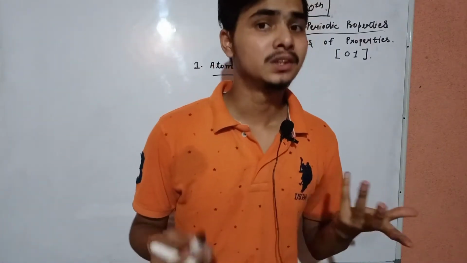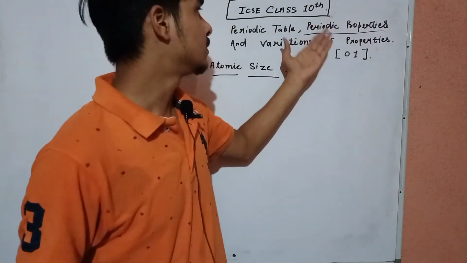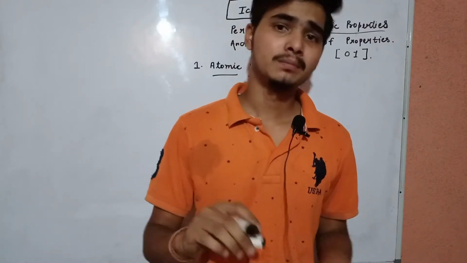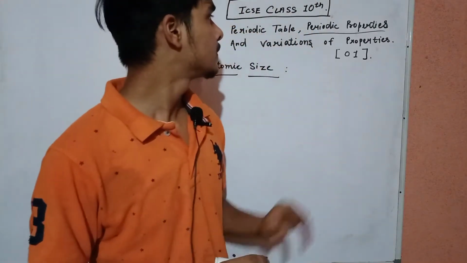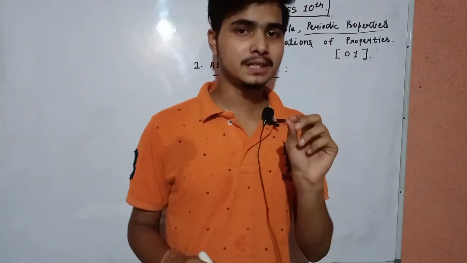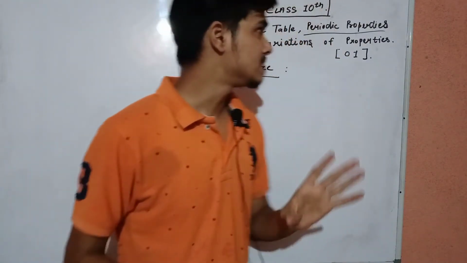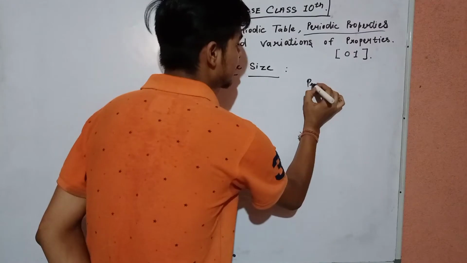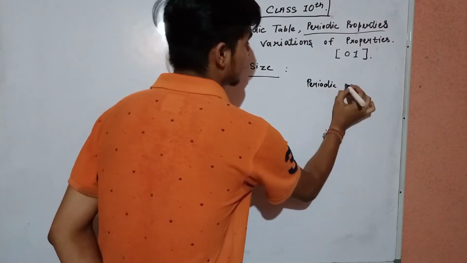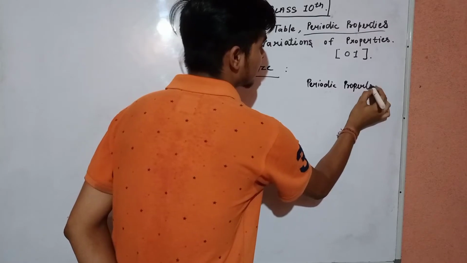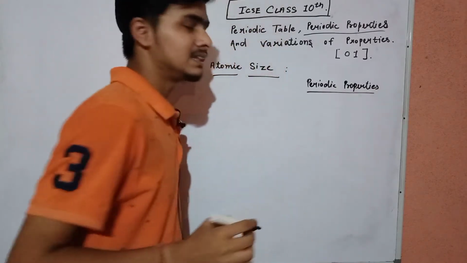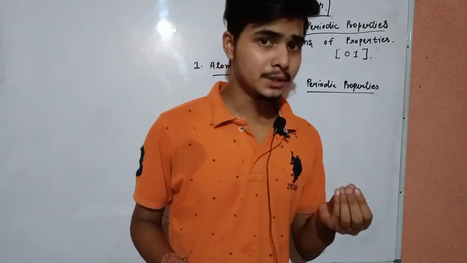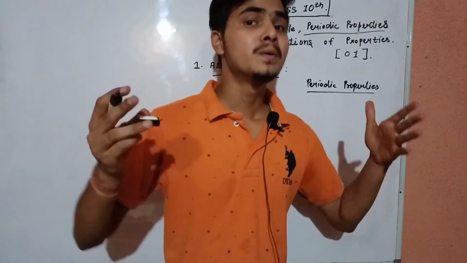And what are the properties? You already know the properties which are related to periodic table. So basically we have again the 6 properties which I have told, the metallic character, non-metallic character and all those. Those are the periodic table properties and we need to see them. So first of all, let me tell you what it really means when I say periodic properties. The basic understanding has been made by you that periodic properties are the properties of periodic table.